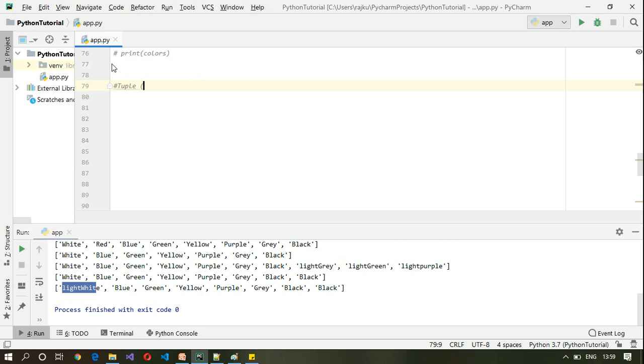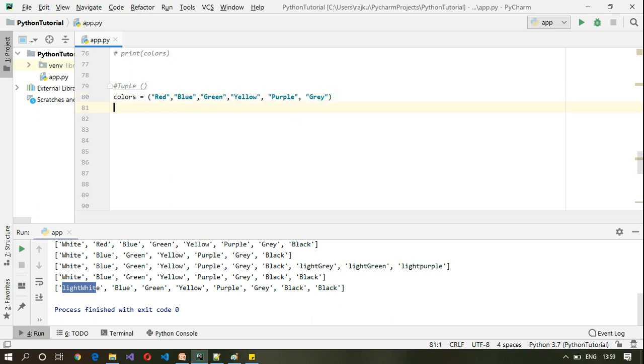As we already said, the tuple uses parentheses. I have copied the colors list. However, by just changing the square brackets to parentheses, we get a tuple here.